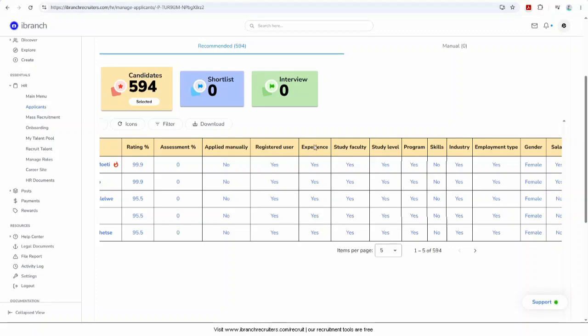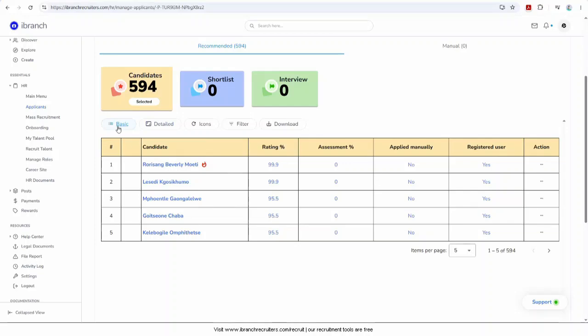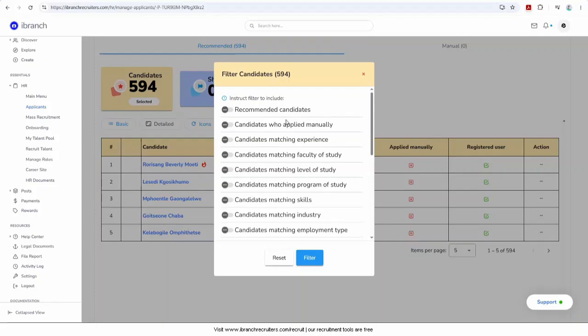Similarly, experience means they have over 2 years of experience. No means they don't have. I think you get the picture. So let's keep it basic. And icons here basically means that instead of using yes or no, you can just use these icons. This is the rating, or before that, filter means this is the filter that you can use to filter this